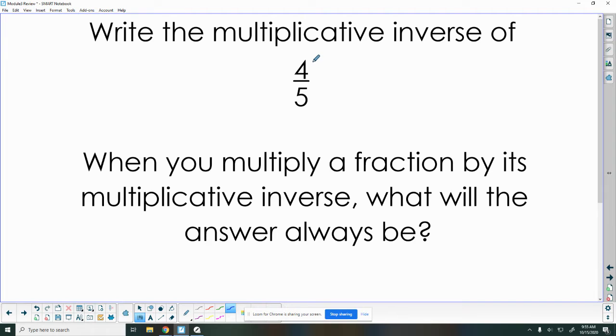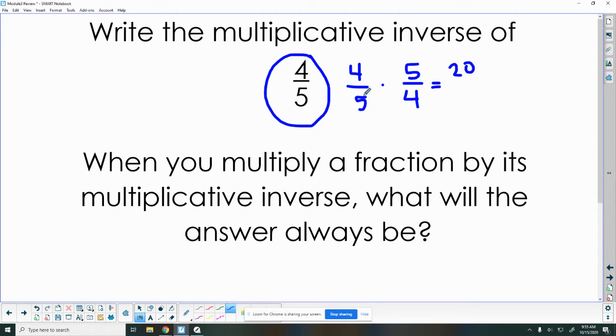First we are going to write the multiplicative inverse of 4/5. 4/5, when I use the reciprocal, makes that 5/4. When I multiply this fraction 4/5 by its multiplicative inverse, 5/4, the product is 20 over 20. 5 times 4 is 20. 20 divided by 20 is